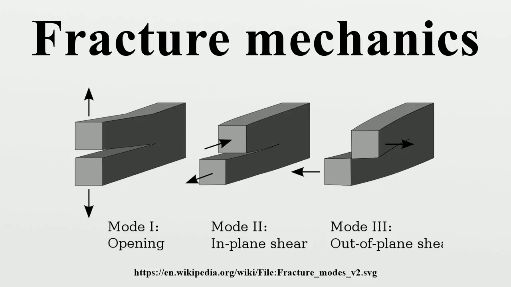Irwin showed that for a mode I crack, the strain energy release rate and the stress intensity factor are related by the following, where E is the Young's modulus, nu is Poisson's ratio, and K is the stress intensity factor in mode I. Irwin also showed that the strain energy release rate of a planar crack in a linear elastic body can be expressed in terms of the mode I, mode 2, and mode 3 stress intensity factors for the most general